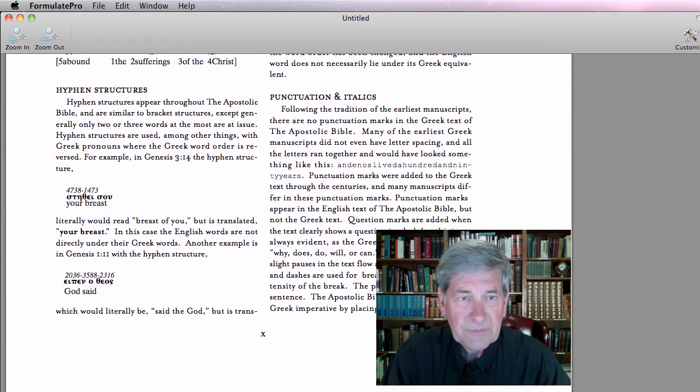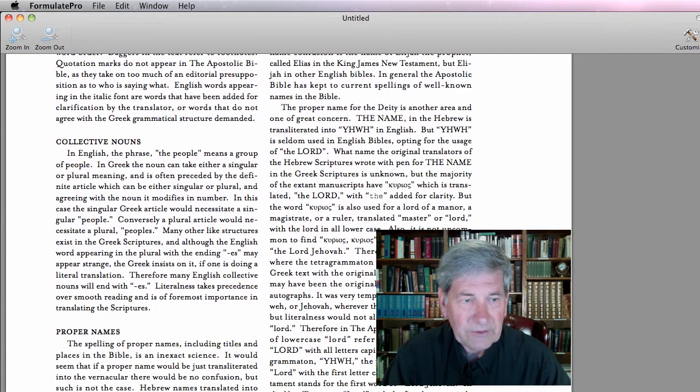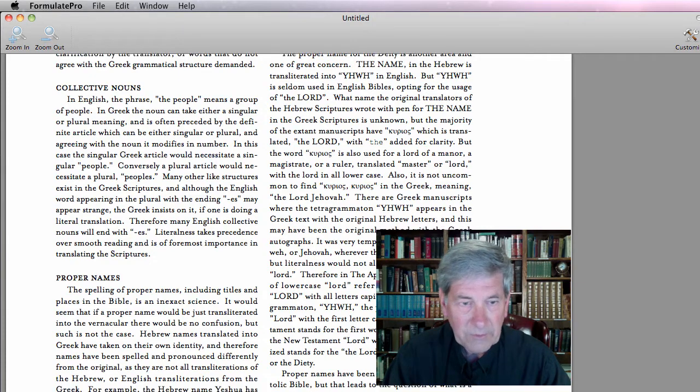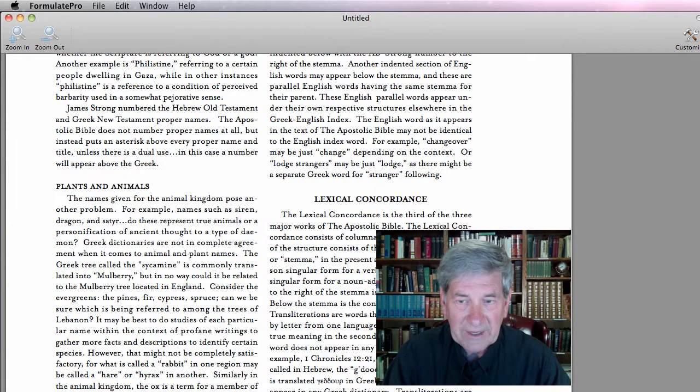Then after the pronunciation, it goes into some supplementary explanations of things like collective nouns and proper names, like where the word for tetragrammaton in the Old Testament, Yahweh, the translators used Kyrios, which appears in the New Testament as Lord. Interesting thing to study on the usage of the Kyrios in the New Testament compared to the Greek Old Testament, which it corresponds to. Then we go on down and it gets into plants and animals, and